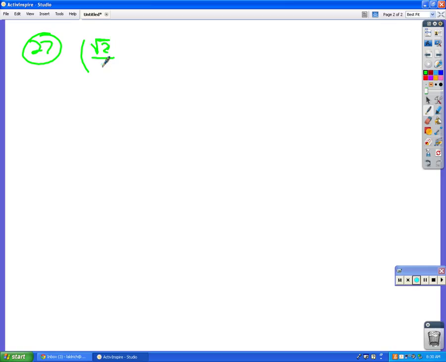2 over 3 past 3. I got -2 over 5. Yeah, I know, that's what the back of the book says. 36, I see, I can't write it. So I just, all right, 27. We need to figure out what